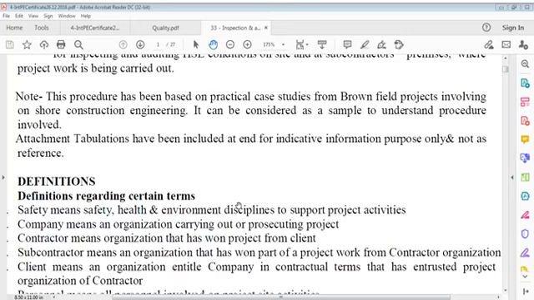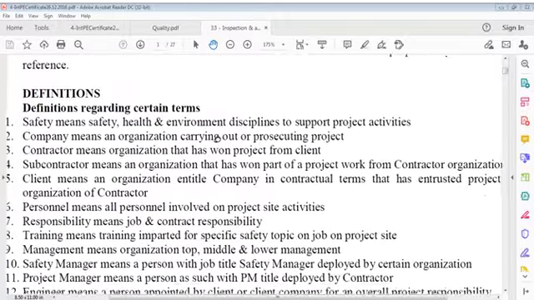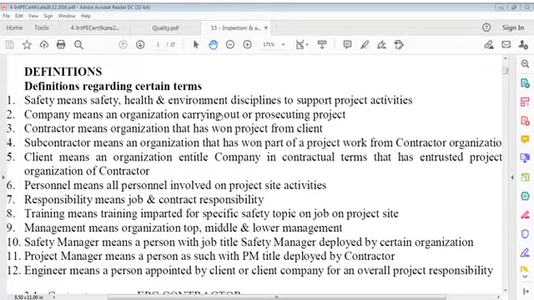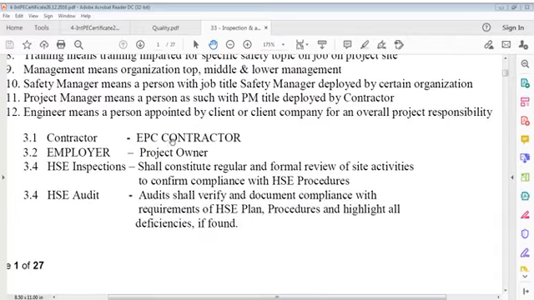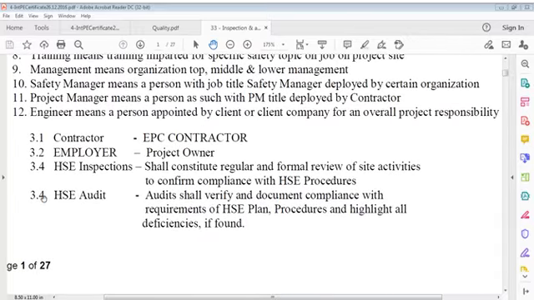Previously I also gave some samples, so this is also one of the samples, but this is my own. Attachment tabulations have been included at the end for indicative information purposes only and not as reference. Definitions such as safety and company all have the same meaning as before. Training means training imparted on a specific safety topic or subject. And the titles of these are only audit